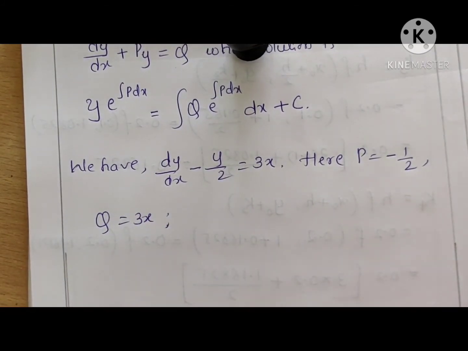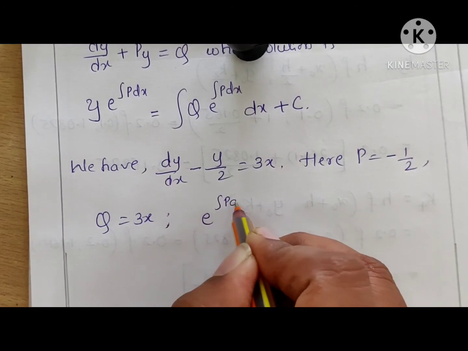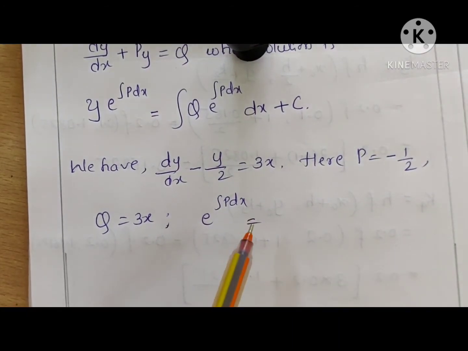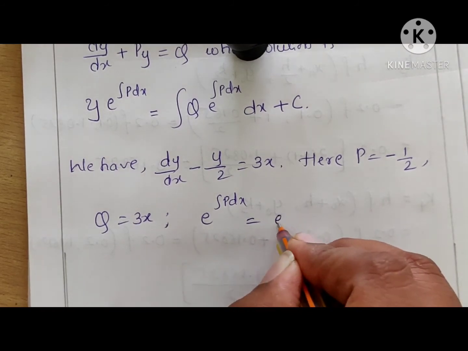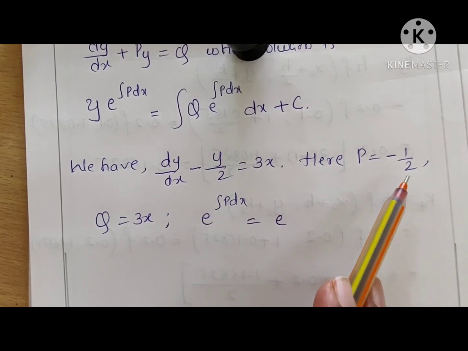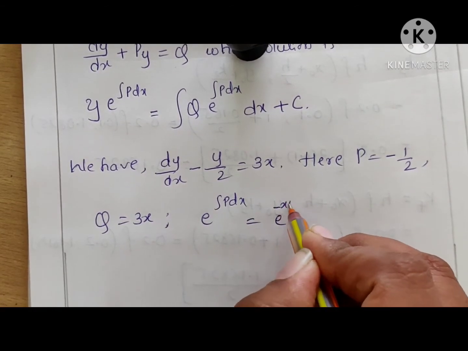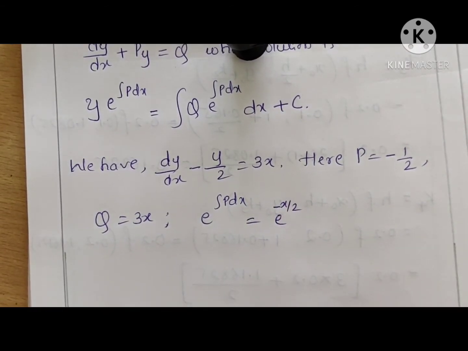Then when q is 3x, p is minus 1 by 2, what will be e raised to integration of p dx, because we want this in the solution. So we will find it separately. So e raised to integration of minus 1 by 2 into dx: minus 1 by 2 is a constant, take it out, integration of 1 into dx is x. So it will be e raised to minus x by 2. So then the solution becomes